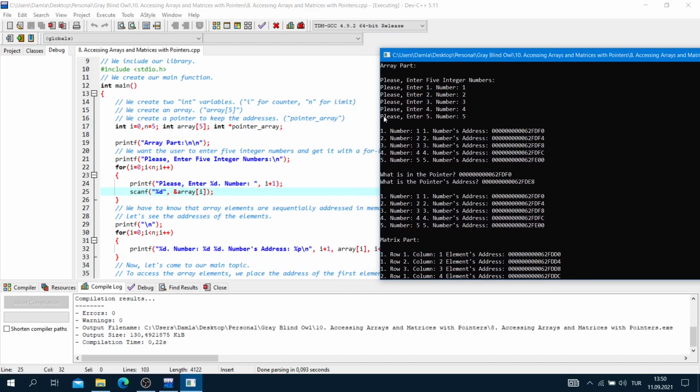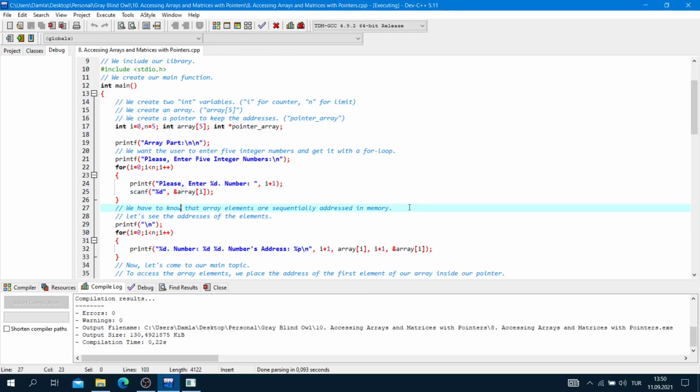Now, we entered 5 lastly, and we have to know that array elements are sequentially addressed in memory. Let's see the addresses of the elements. Okay, for i is equal to 0, i is less than n, and i plus plus, printf, the percent d number.